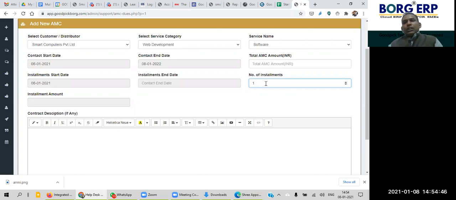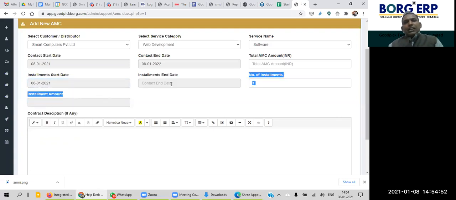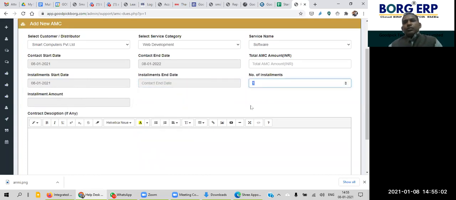You put the installment date, the date from which the installment starts, and the first installment will be on that particular day. And you can put the number of installments. Once you put the number of installments, it will calculate how many installments and what the installment amount is.